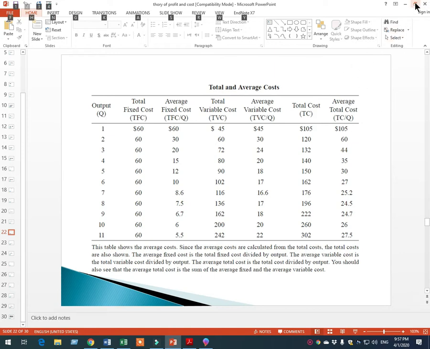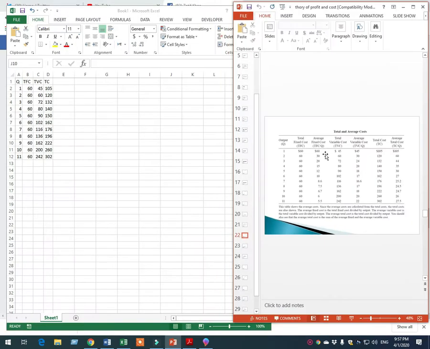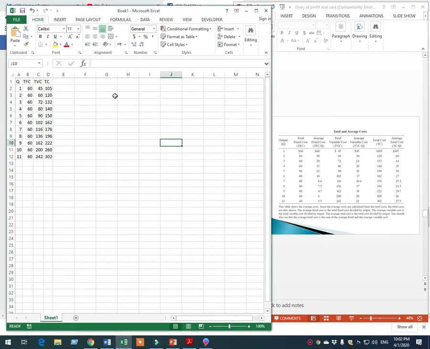So I'm again minimizing this. I have this Excel sheet on the left side of the screen, and this is the same table on the right side of the screen, from the PPT slide I've shown you in the last lectures. So I would like to now calculate all the average costs and, side by side, make the graph of all those costs. Okay, now I am getting into my Excel sheet again